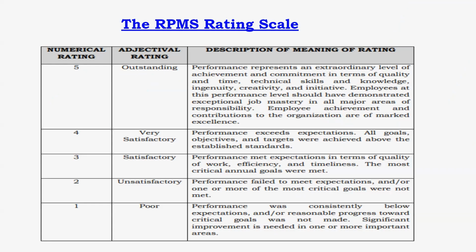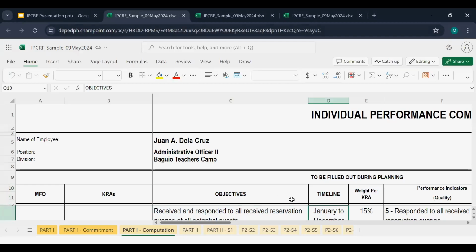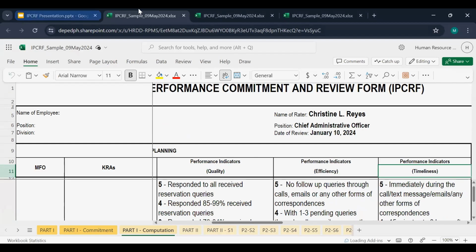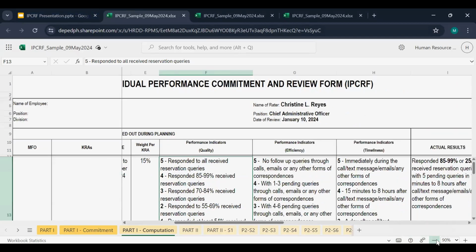Depending on the objective, performance may be rated in terms of at least two measures among quality, efficiency, and timeliness, provided that quality is always measured. For example, the setting of the performance targets under the QET indicator is as follows. Under the first KRA and first objective of Mr. De La Cruz,